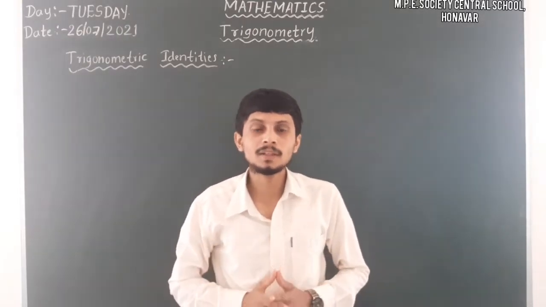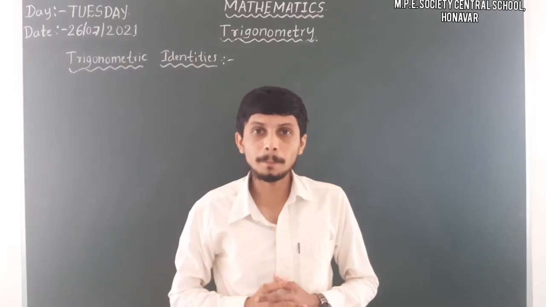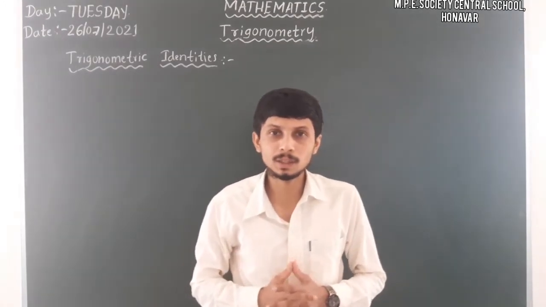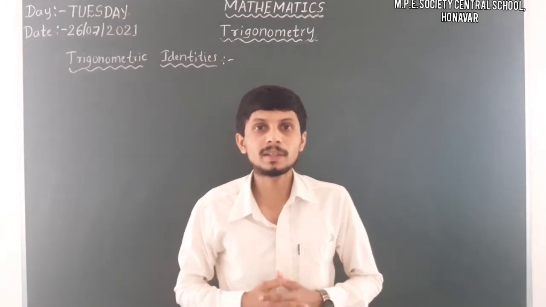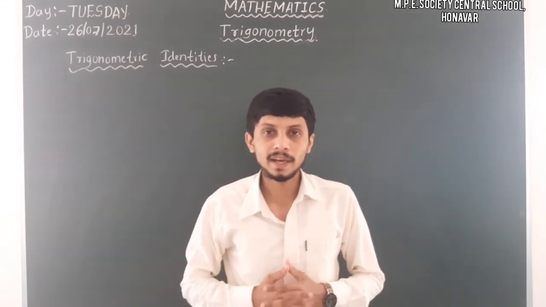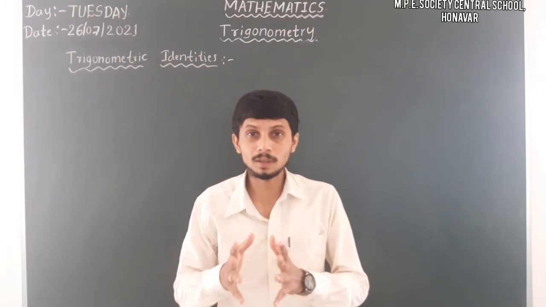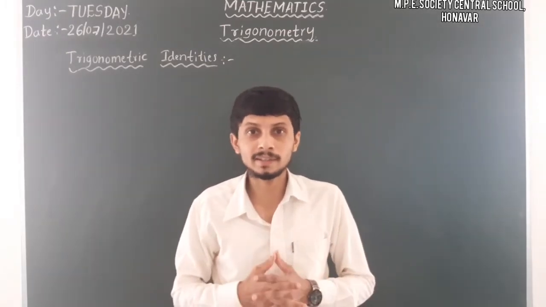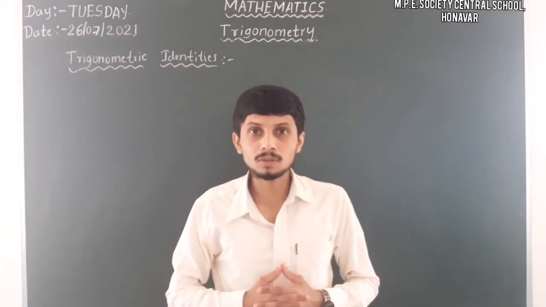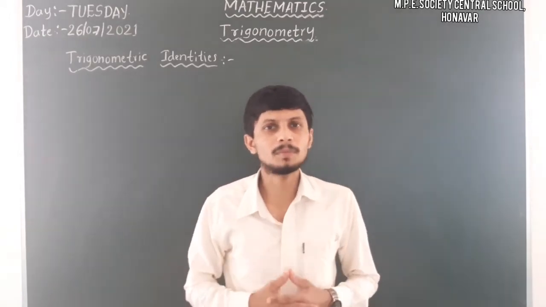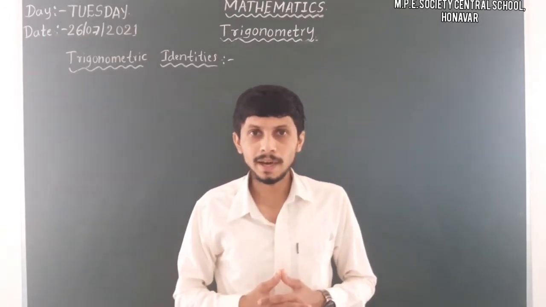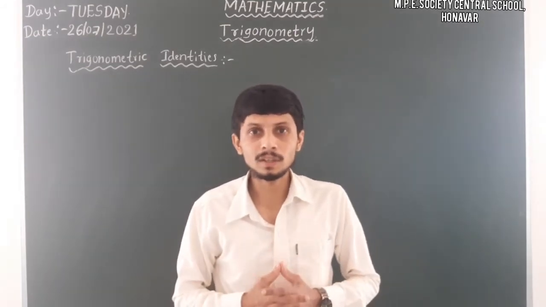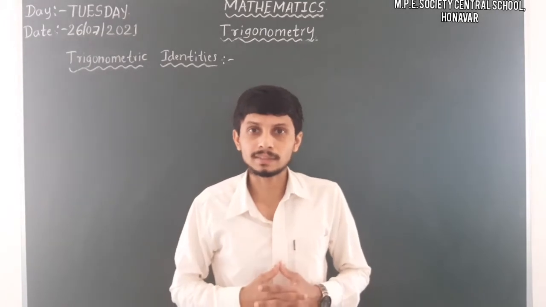I am from Annavara. So last class we discussed a topic from 10th standard, that is trigonometry. In trigonometry we already discussed trigonometric ratios of some specific angles, and in the last class we discussed trigonometric identities. In that we discussed what the trigonometric identities are, how we got all those identities, and some problems related to them. There we used trigonometric identities to reach our solution, to reach our answer.